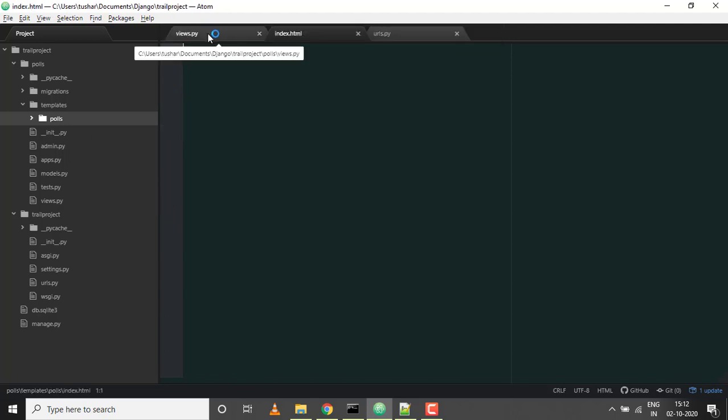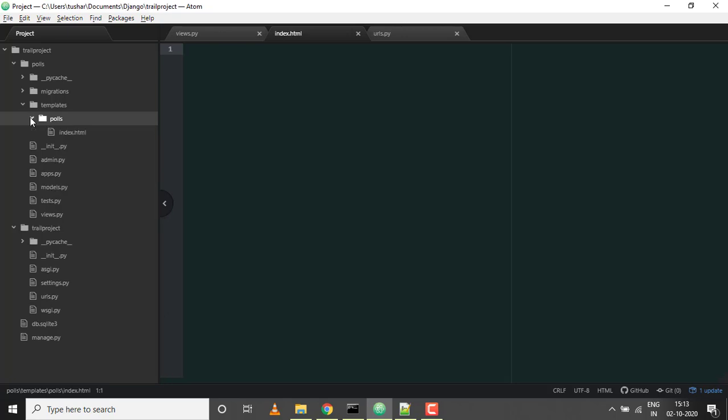The reason I've asked you to create a template folder inside this particular web application is that for now we have a very simple web application. Once your website grows and you have multiple web applications, you will have n number of templates.